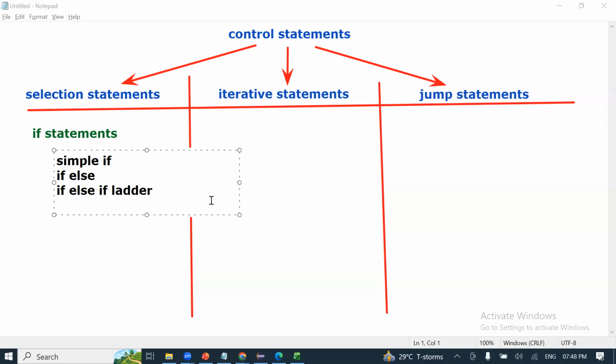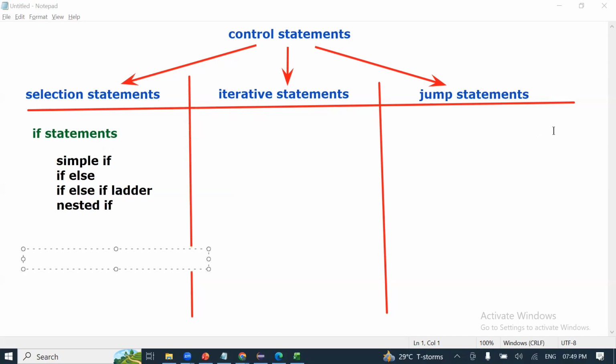There is one more flavor called nested if. If else is there. Within the if, there is one more nested if else. Inside the outer else, there is one more if else. That is called nested. Nested is there in many places: nested for loop, nested while loop, like that.